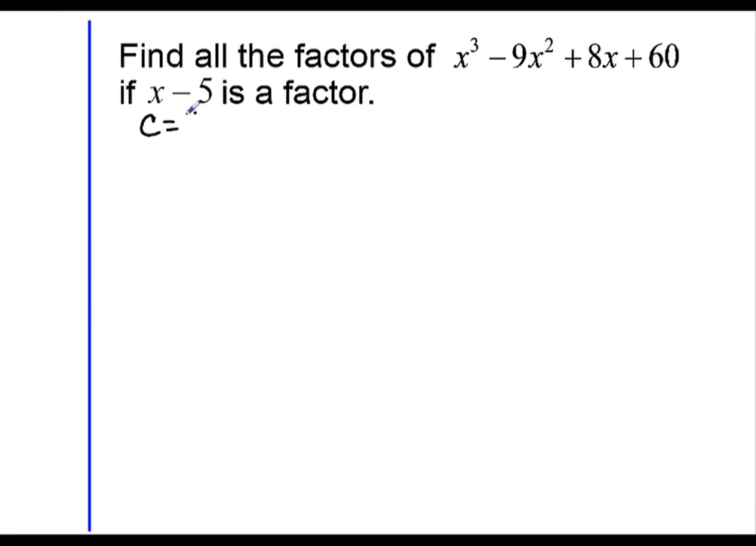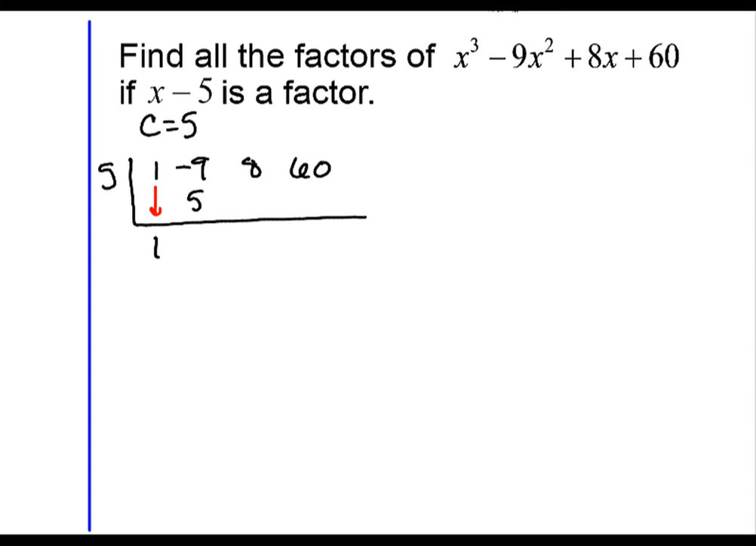Okay, x minus 5, that means it's positive 5. And let's start to set up our synthetic division. The c number goes here on the outside, and we list our coefficients, which are 1, negative 9, 8, and positive 60. Let's start our synthetic division. Bring the 1 down. 5 times 1 is 5. Then we're going to multiply. Next we add down,